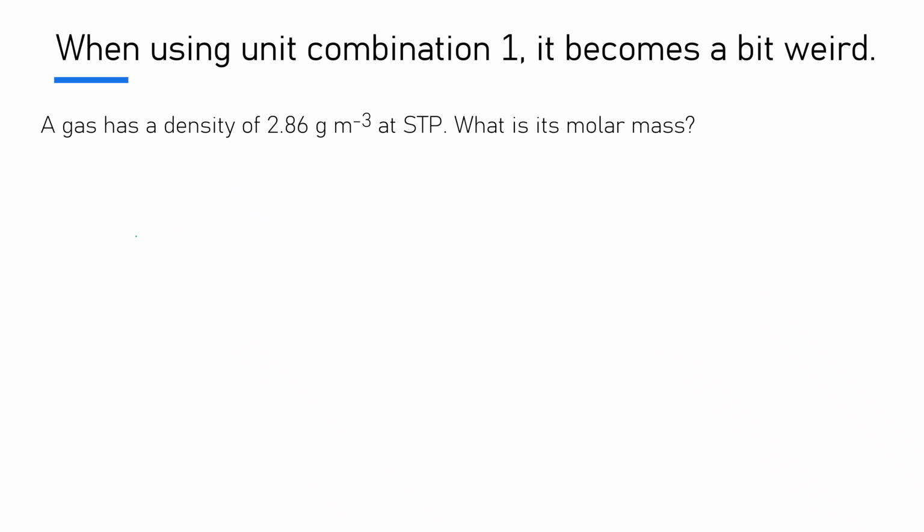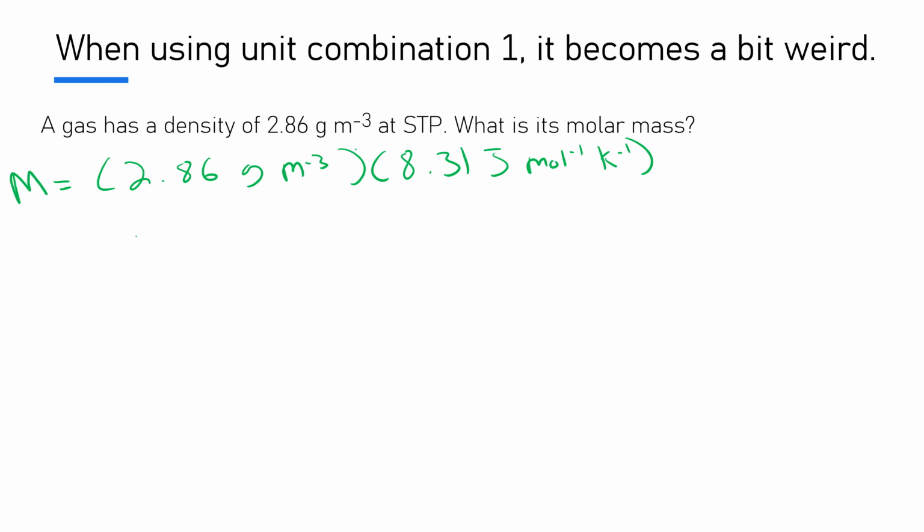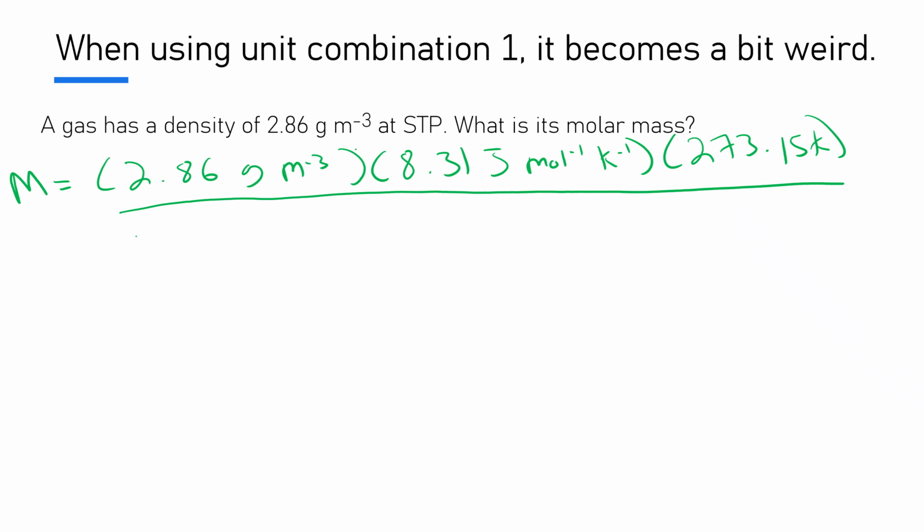Therefore, we must carry out the calculation again, but this time we're going to use kilopascals for pressure. So let's do the calculation again. So molar mass is equal to our density, which is still the same at 2.86 grams per cubic meter, multiplied by our ideal gas constant of 8.31 joules per mole per Kelvin, multiplied by our temperature of 273.15 Kelvin, divided by our pressure value in kilopascals of 101.325 kilopascals. If we put that into a calculator, we would get an answer to three significant figures of